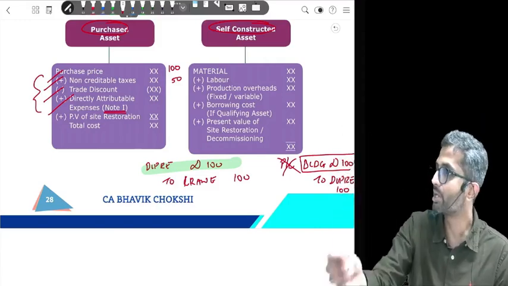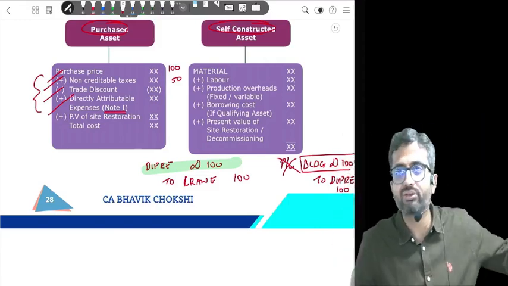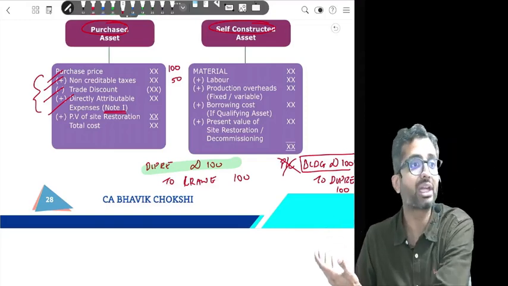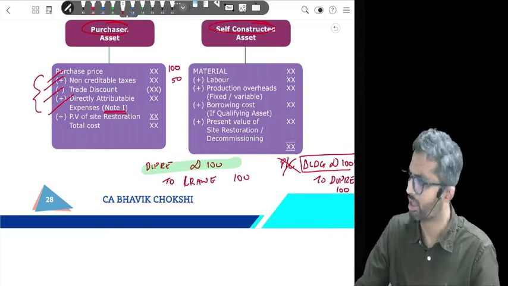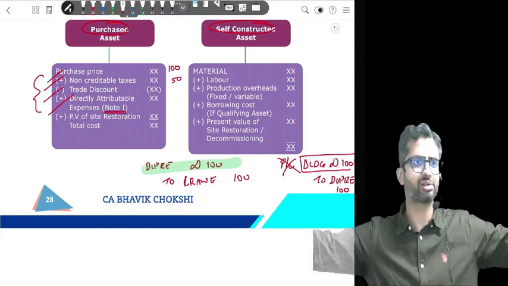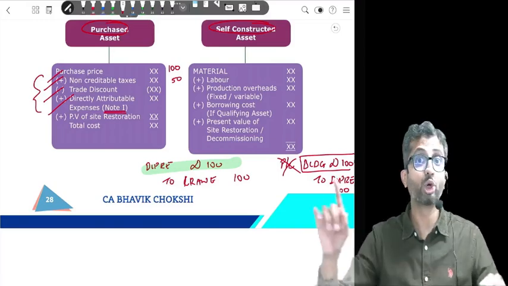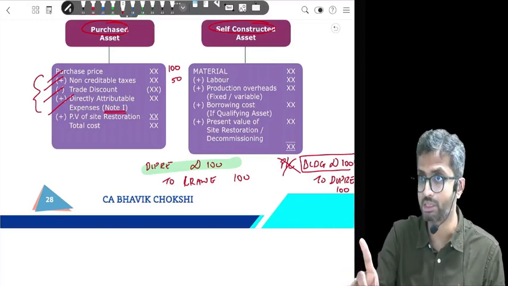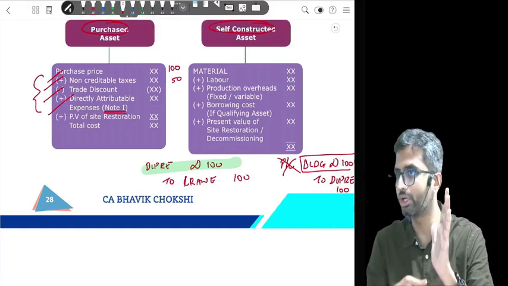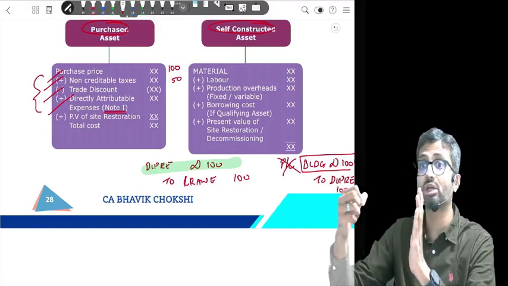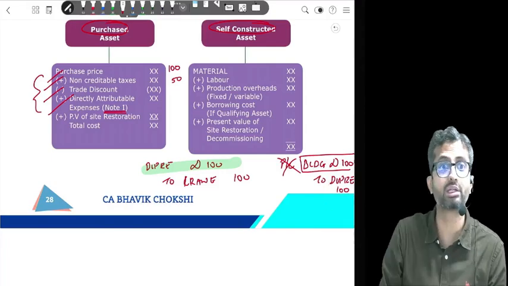So that expense is directly attributable, but we have not paid it. Where is the law telling you anywhere? We are not doing capital budgeting. We are not preparing cash flow. We are actually doing accounting, and in accounting, non-cash and cash sit at the same level. So there have been exam questions on this area where you have had a situation, and we'll do it in class today, the depreciation on a machine used to construct the asset.